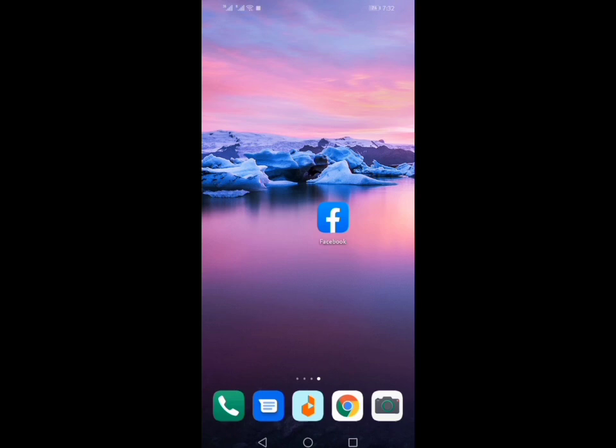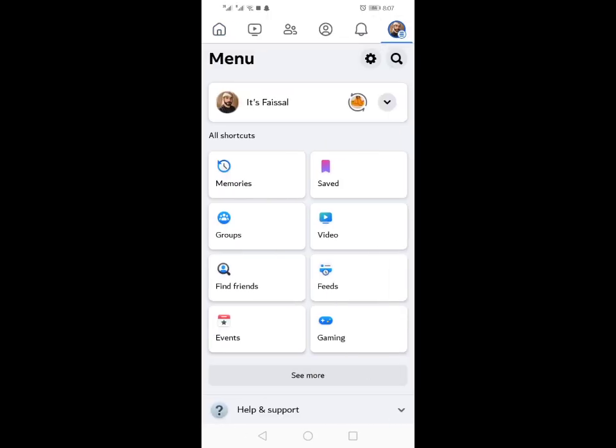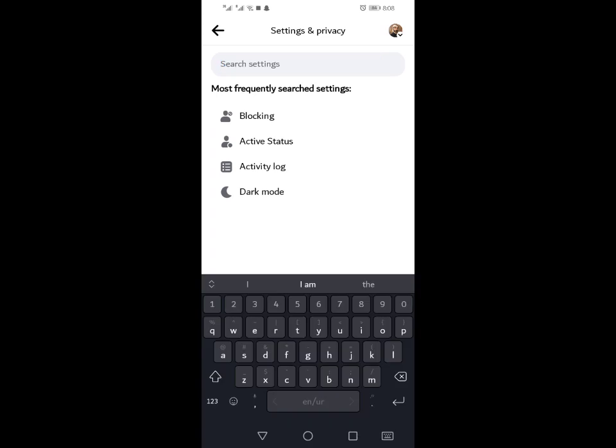So let's open up the Facebook app. Tap on the menu button and then go to settings. Then go to the search bar. Here you have to search logging. Type logging here